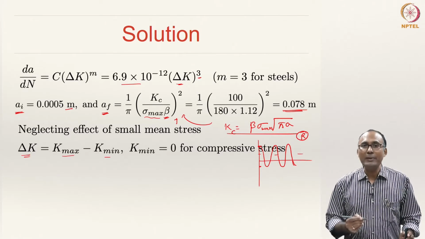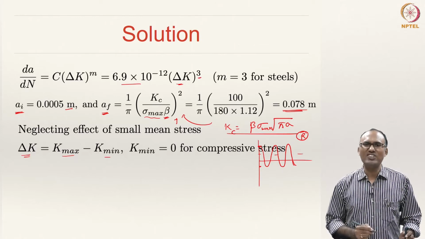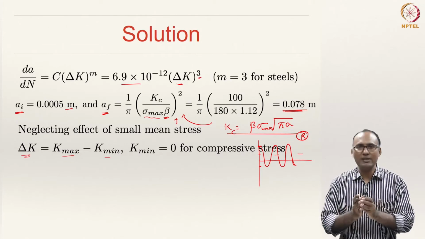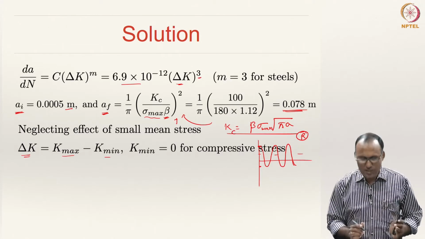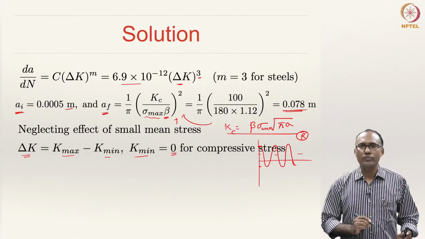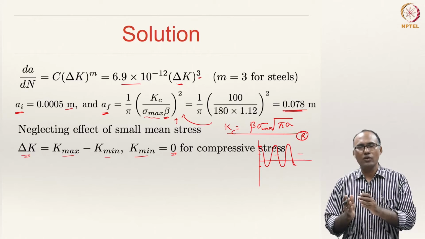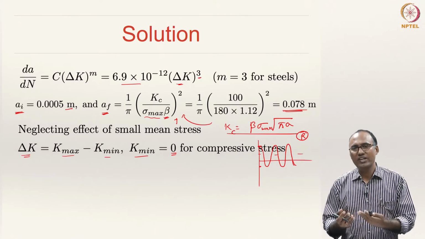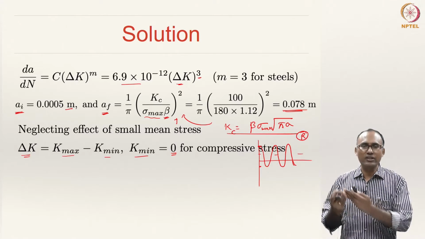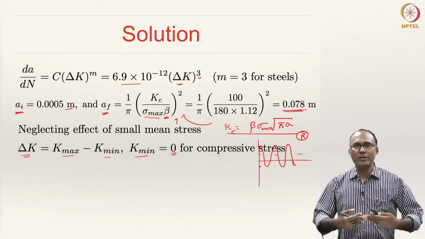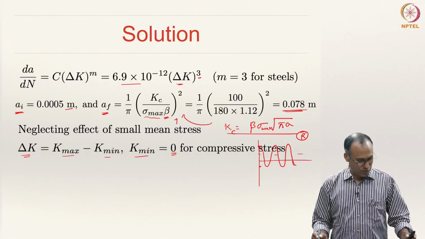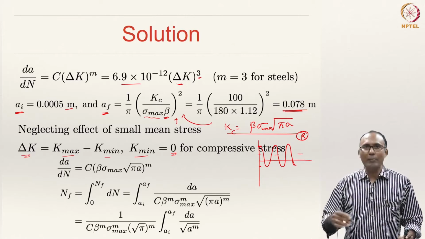However, note that K min is negative, minus 40 MPa, but when you have compressive stress, the crack growth will not happen, and hence whenever you have a compressive stress, you should not take that into account, and hence you can take K min equal to 0. Compressive stresses will actually be beneficial, but here we are not taking the benefit into account. We are simply saying that since the K min is coming out to be negative, we will not take that into account, and we will say K min equal to 0. So, sigma min equal to 0.